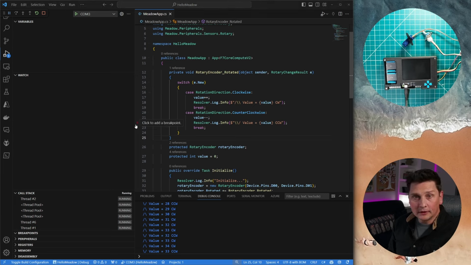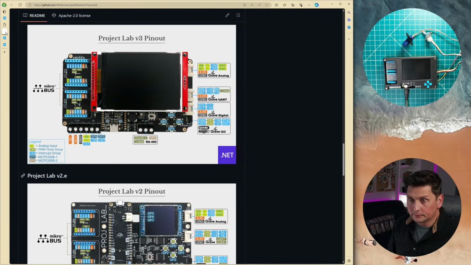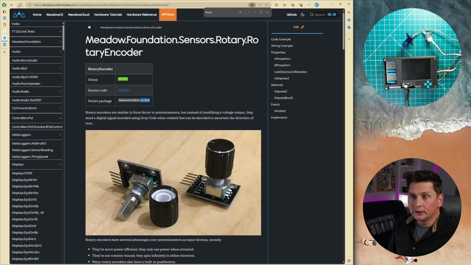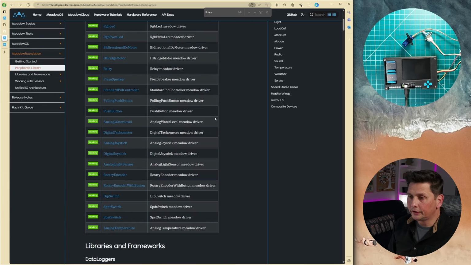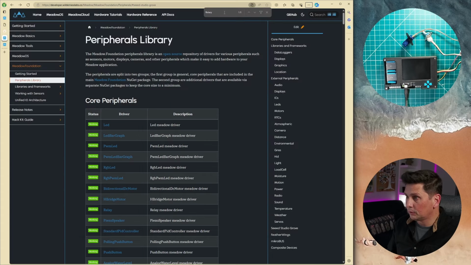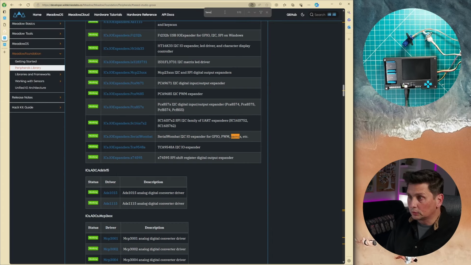So let's go back to the documentation here real quick. Where am I? I'll find this page again. This is the foundation part here. So remember, we searched for this encoder here. Now what I'm going to do is search for servo. Oh, that's not the right one. So servo. Okay, so what do we have here?